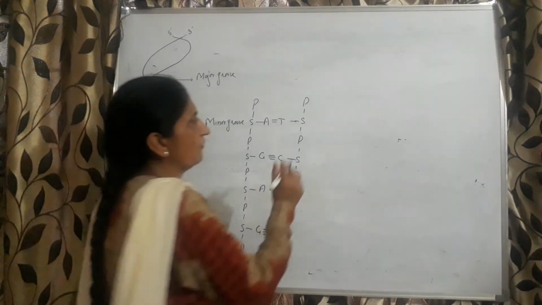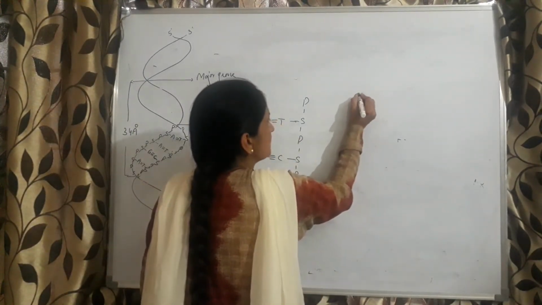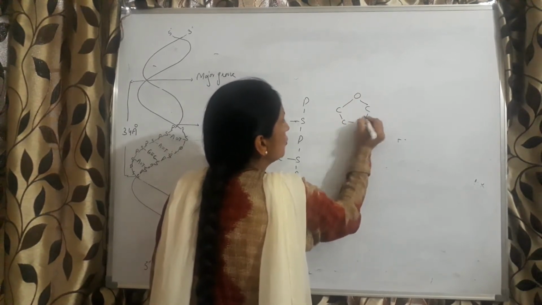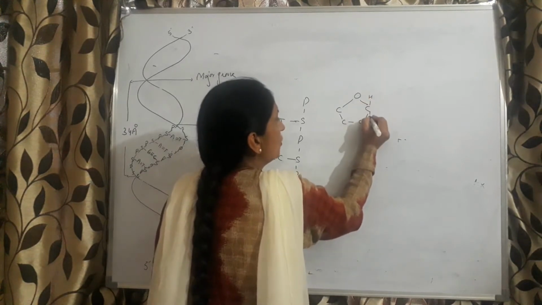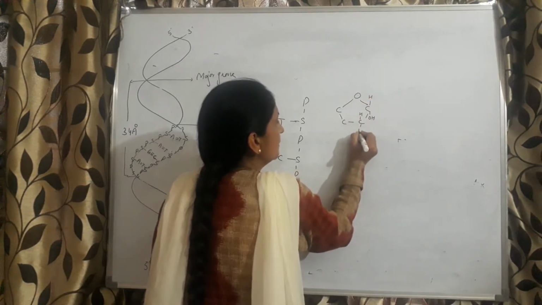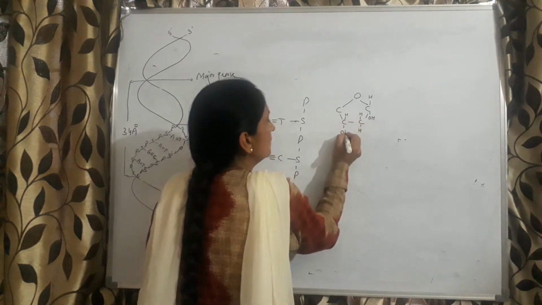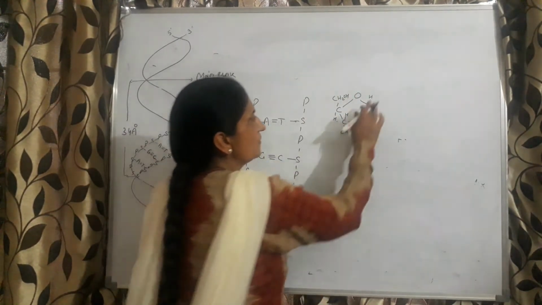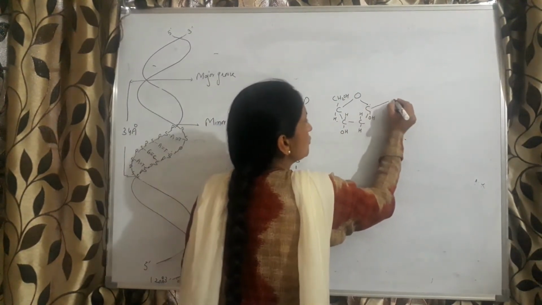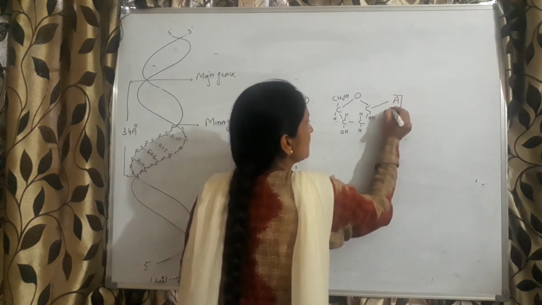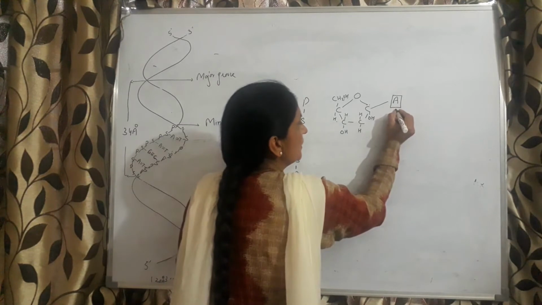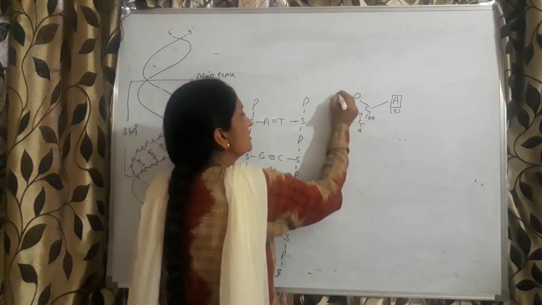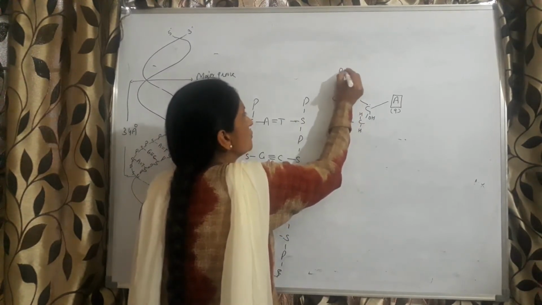Then at the molecular level, now just see how linkage takes place. This is the sugar molecule, as we have studied earlier. Here we are taking deoxyribose sugar, CH2OH, H. You have studied that carbon atom 1 is attached to a nitrogen base. For example, the nitrogen base over here is adenine. This bond formation will occur at position 9 because it is a purine. Carbon atom 5 is attached to a phosphate molecule.